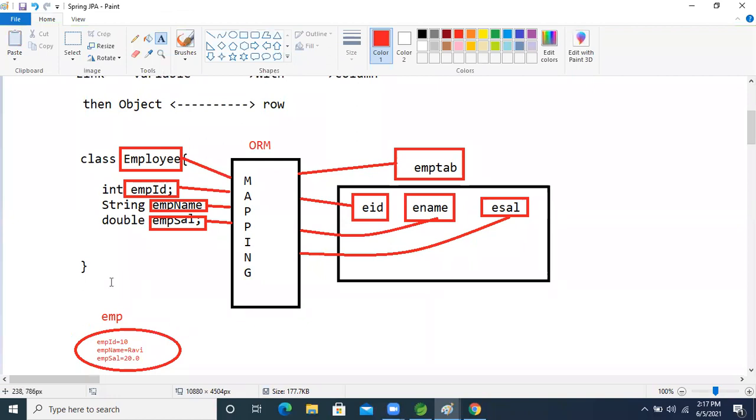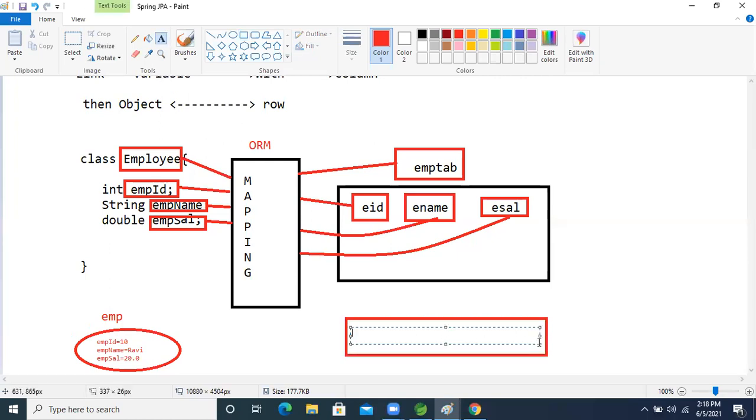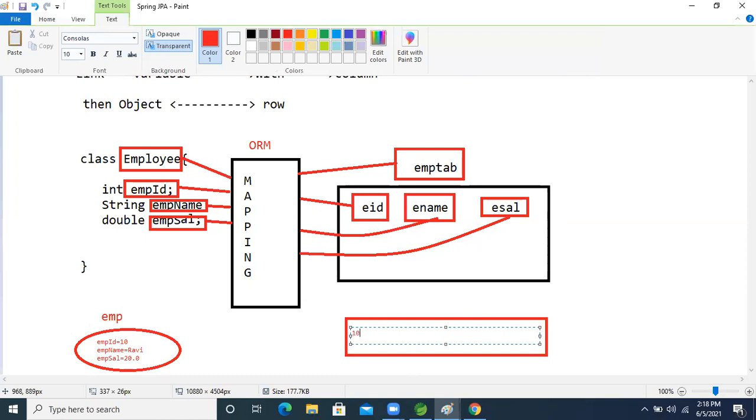Internally ORM will take the object, and ORM will convert this object into row format, right? So empId will become 10.